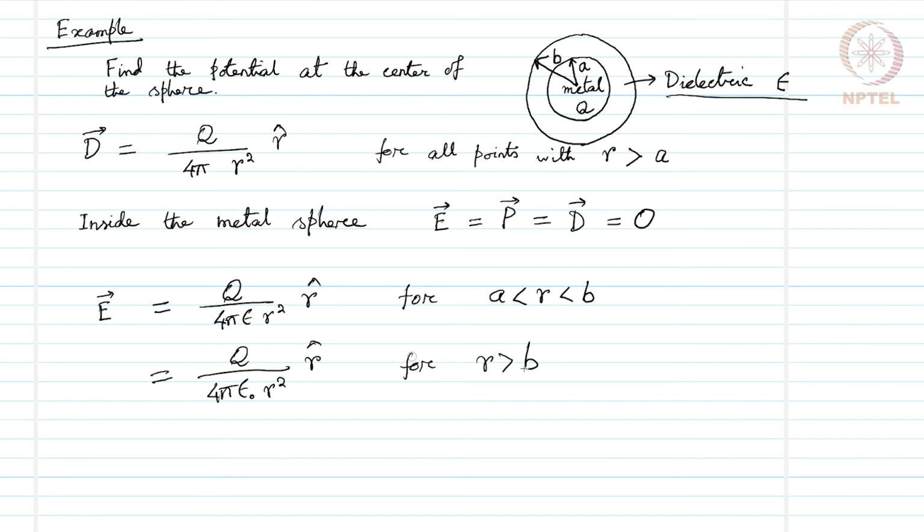With this, we can calculate the potential at the center as minus integral from infinity to 0, r equals infinity to 0, E dot dl. And how do we evaluate this? We can evaluate this by doing minus integral from infinity to b. There we have the electric field q over 4 pi epsilon naught r squared dr